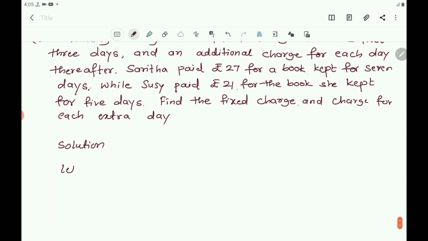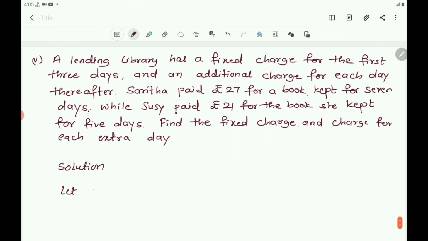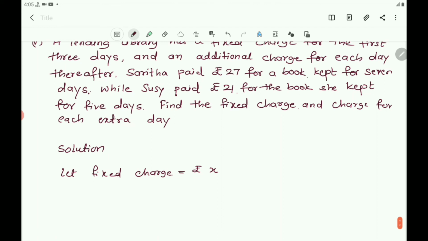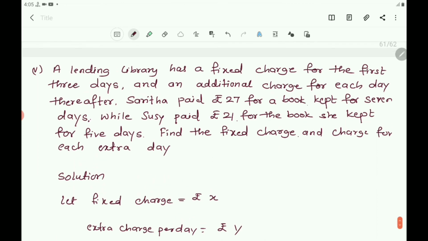Let fixed charge equals x rupees, and extra charge per day equals rupees y. And here what they told,